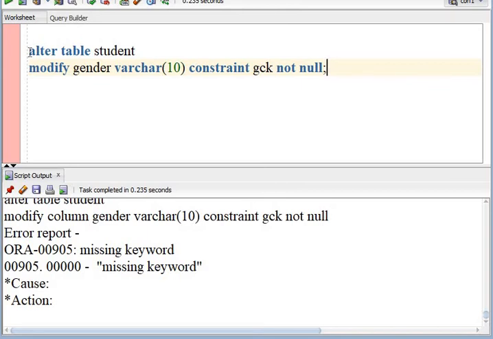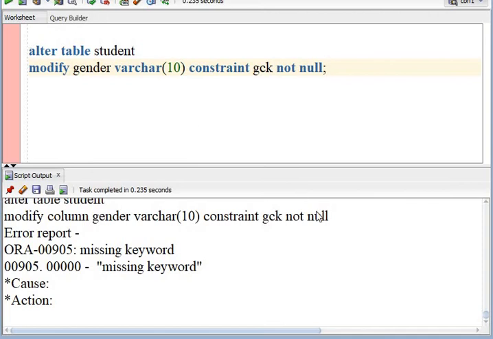When we want to modify the constraints that are applied on any table, we must be able to identify those constraints uniquely. And why is this unique identification required?